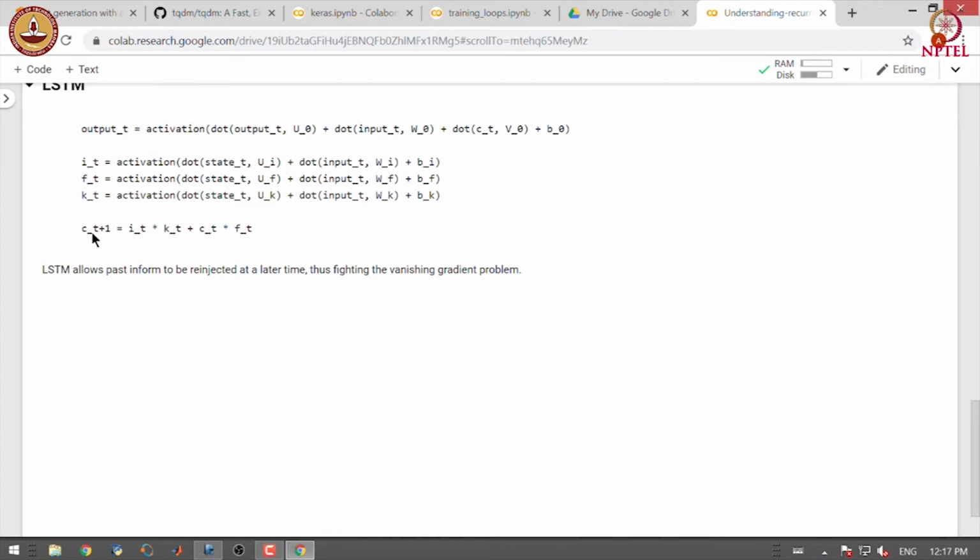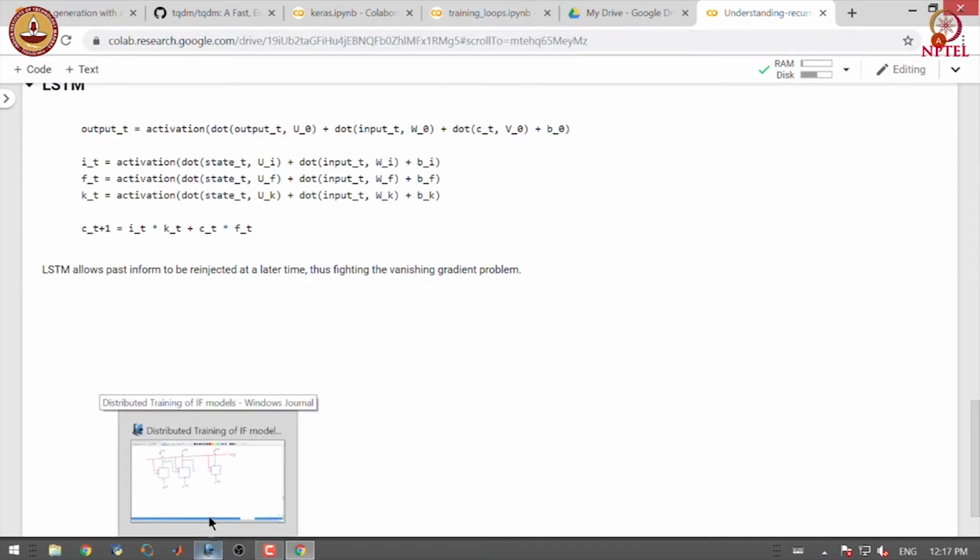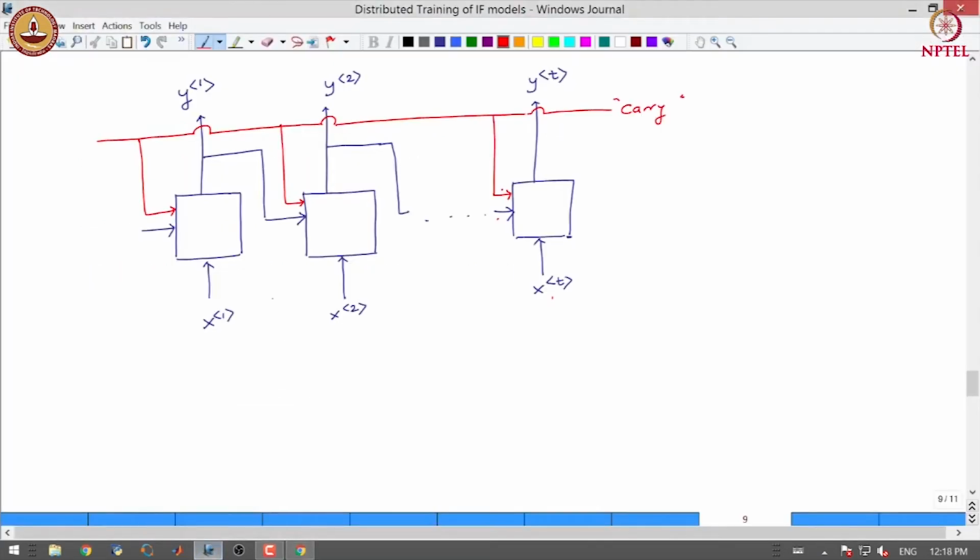And the way we decide the next carry is by multiplying i_t with k_t and c_t with f_t. c_t is the carry coming in and this is the formula for deciding the carry for the next stage. So, let us try to demonstrate this in a picture. So, here what we will do is we will insert a small block to calculate carry.